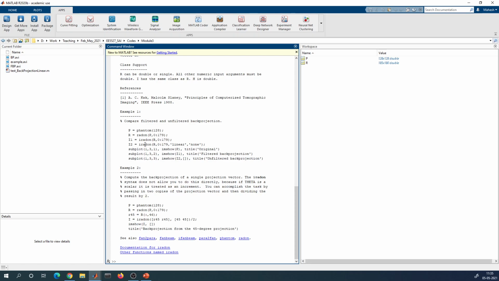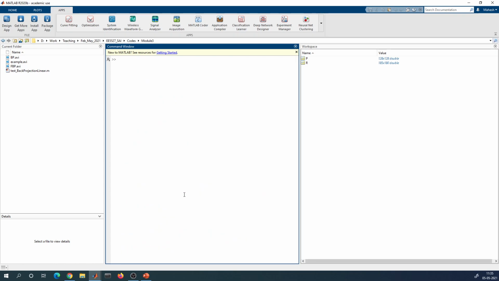So these are the things. The linear, if I use, it will give you the full thing. So let's say P1, let's call it linear. This means no filtering here, just pure back projection. Okay, so that's P1. And then P2, let's remove this linear so that it does the filtered back projection. That means there is a Ram-Lak filter, and I think you have the flexibility to give your choice of filter also here.